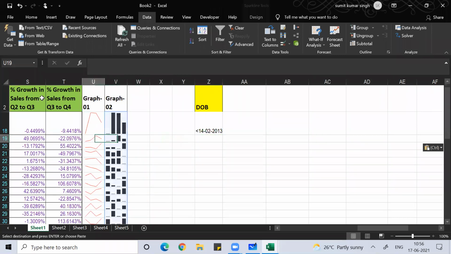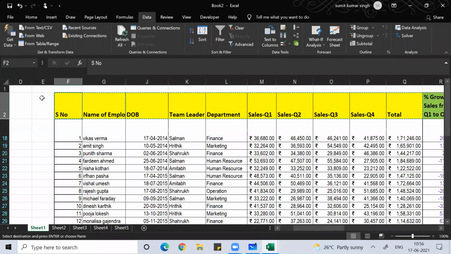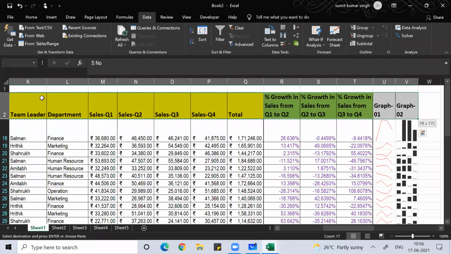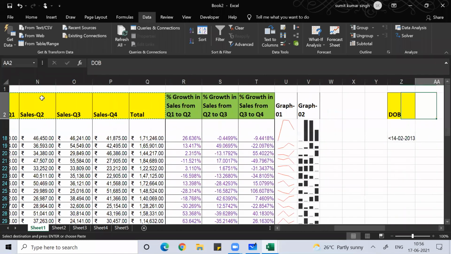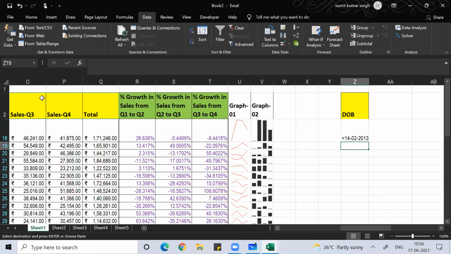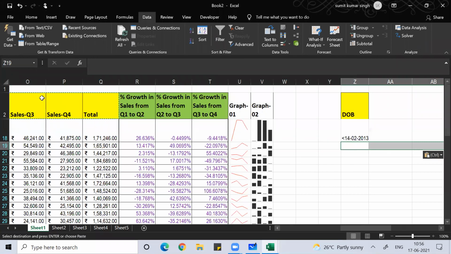Is it done? I have not seen that. Control Shift Right Arrow. You already copied that. I just want to do the adjustment of column width where I want to put the data here. So Alt ESW. Yeah, that adjustment should happen. Now it is good. Now I'll go and fetch the data.